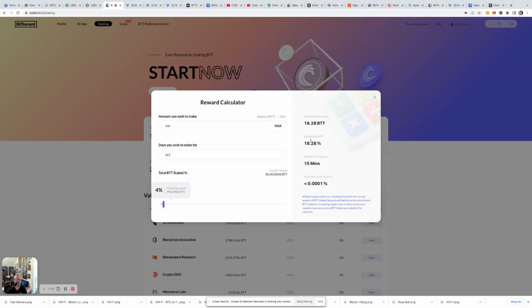So I just wanted to touch on that because that has updated since my last video when it was roughly double that, okay? So if you stake it now, this is still a pretty good rate. You look around at all your centralized exchanges, show me somebody who's paying 18.28% on BTT. So pretty rare to find that, right?